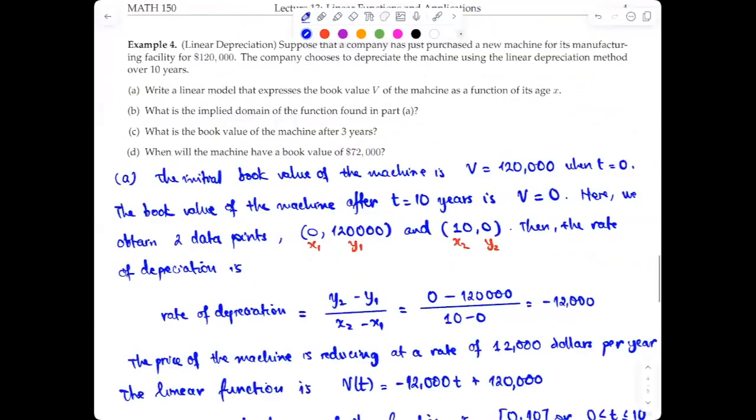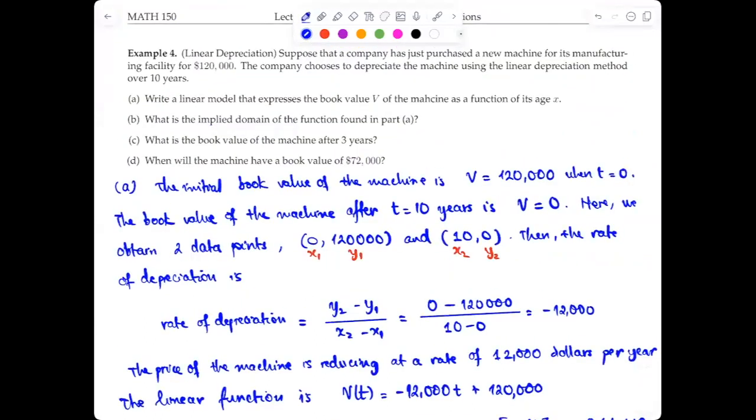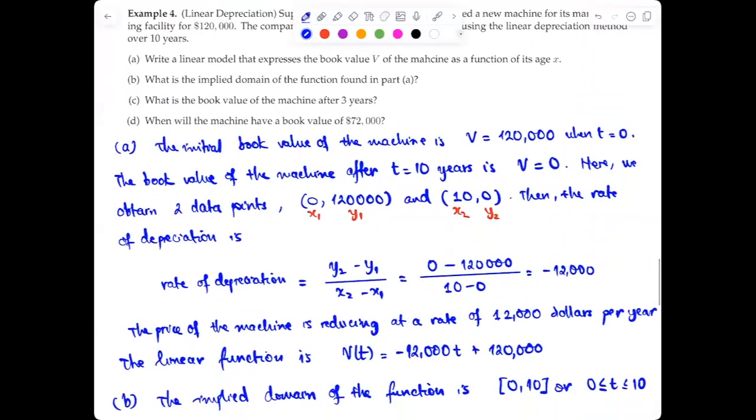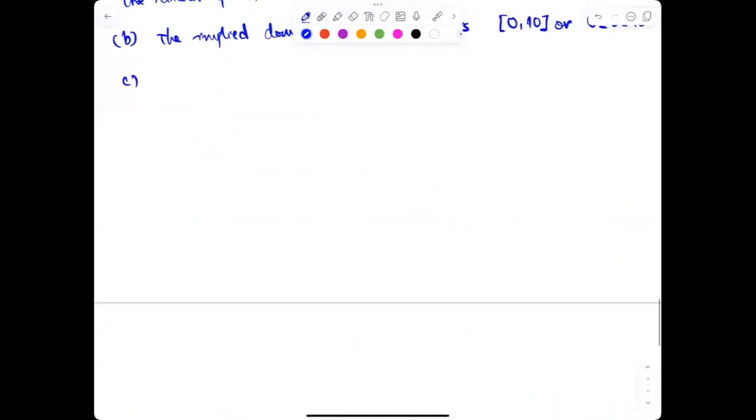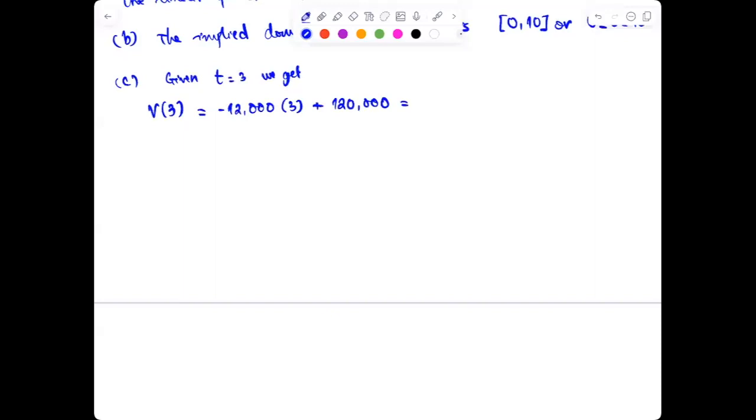Now, moving on to part C, what is the book value of the machine after 3 years? Okay, so in part C, we're going to do another interpolation process. So given the linear function, when t equal to 3, what is the value of the machine? So given t equal to 3, we get that V of 3 is equal to negative 12,000 times 3 plus 120,000 equal to